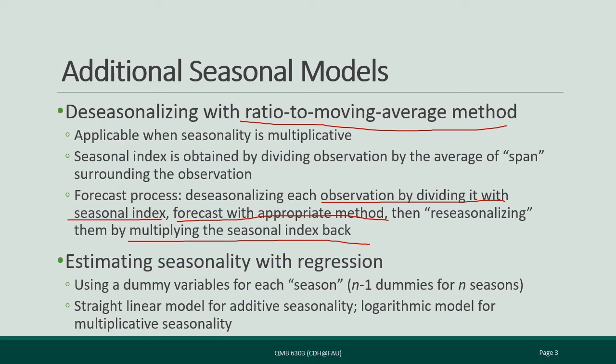Another method is to estimate seasonality with regression by introducing dummy variables. So let's say that we see the seasonality behavior of 4 seasons. So quarter one, quarter two, quarter three, and quarter four. And then we introduce 3 dummy variables. So the base case is quarter one. The first dummy variable describes quarter two. The second one describes quarter three. The third one describes quarter four. Then once we do that, then